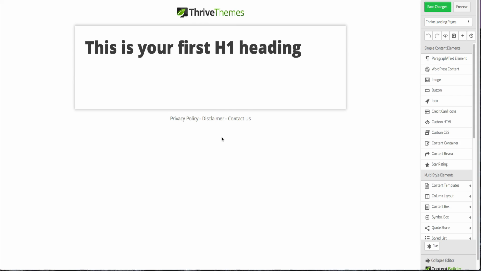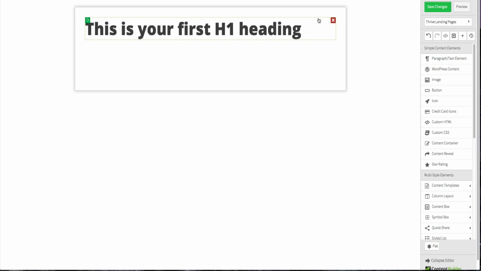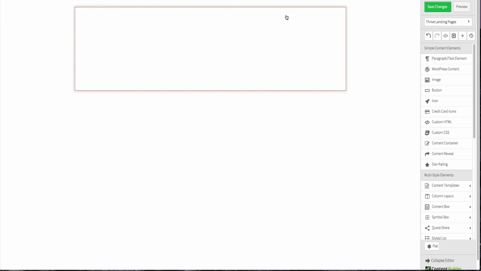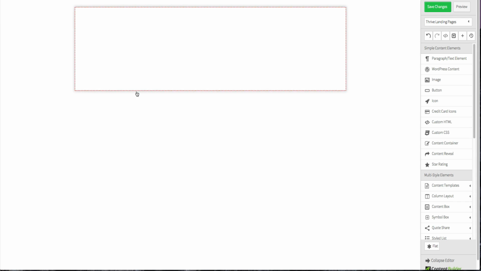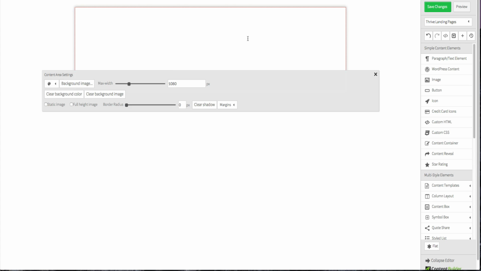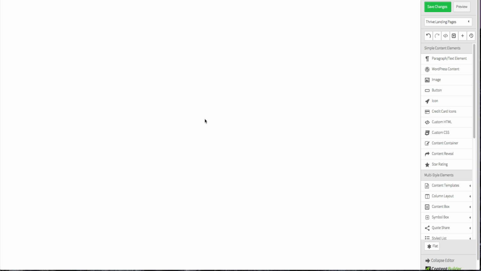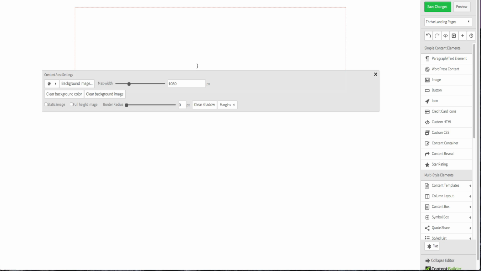Okay, so now we have this blank page example. First I'm going to remove all the unnecessary elements like this, and remove this logo, and then remove this text, and then, as you can see, it has some shadow around it, so removing the shadow. So basically now we have a completely blank page. Then I'm going to click on this content area